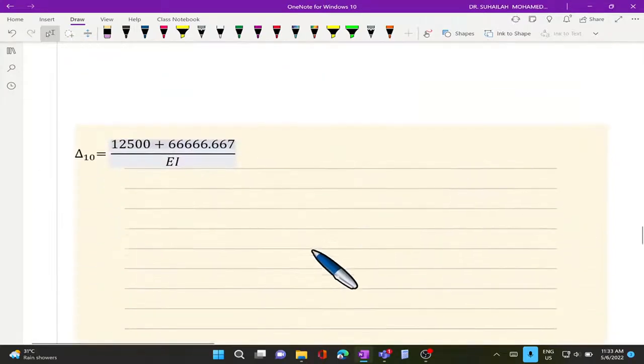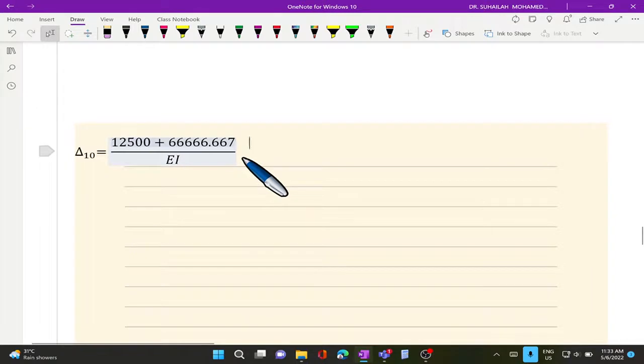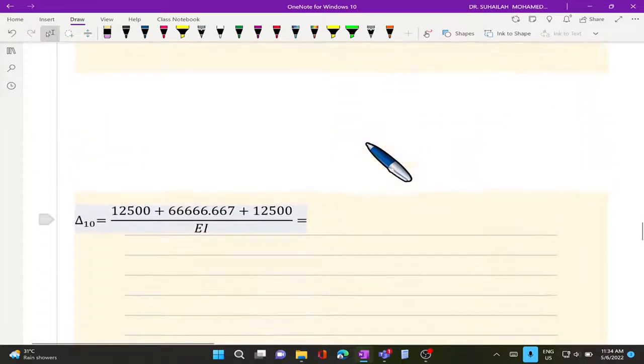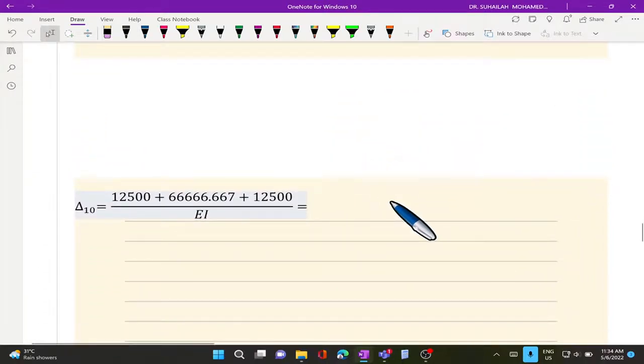We get back the same answer, positive in this case. So the answer for delta 1 naught is equal to